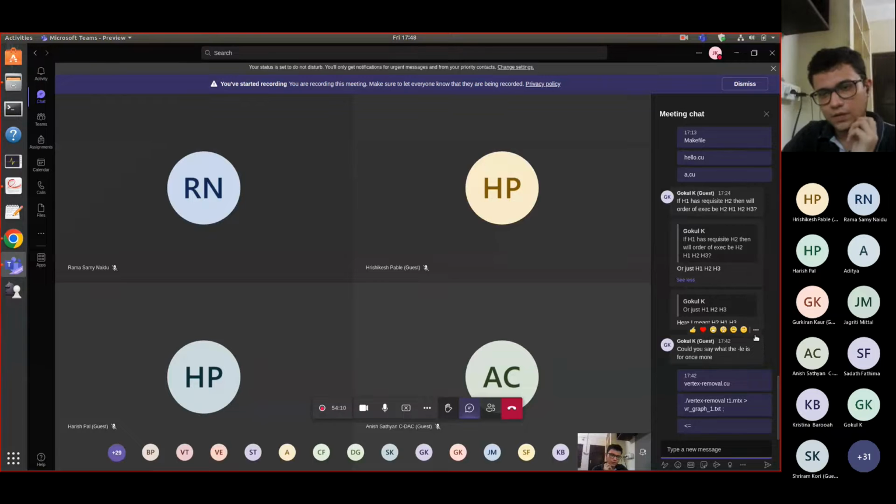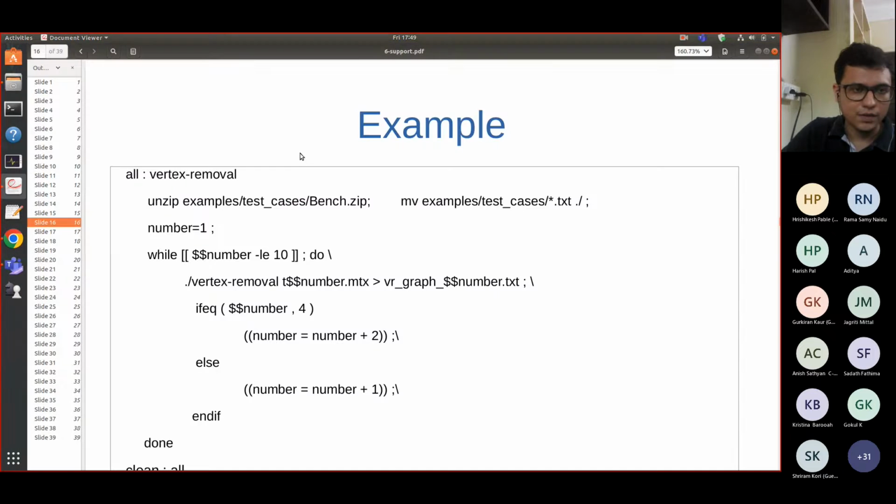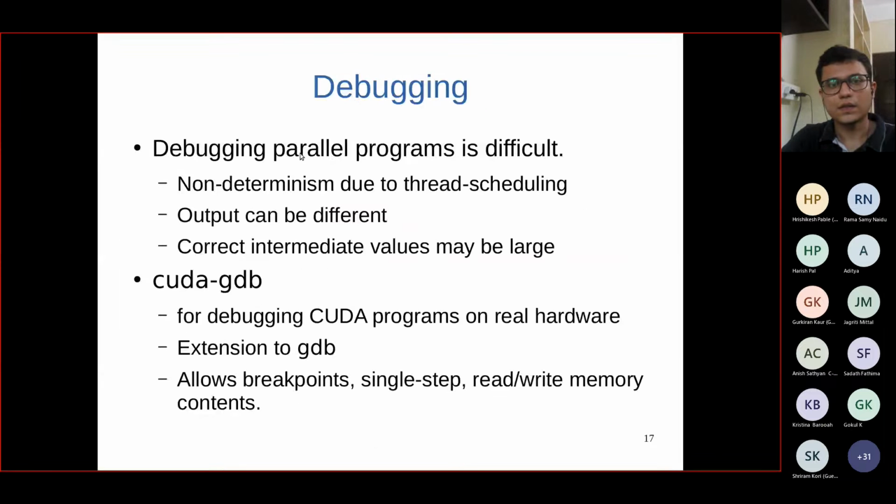Any confusions or questions up till this point? Otherwise, we'll start with debugging and profiling, which might take some time. Okay, I am assuming that there are no questions. So okay, so let us